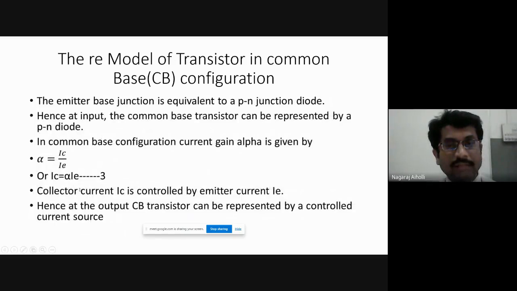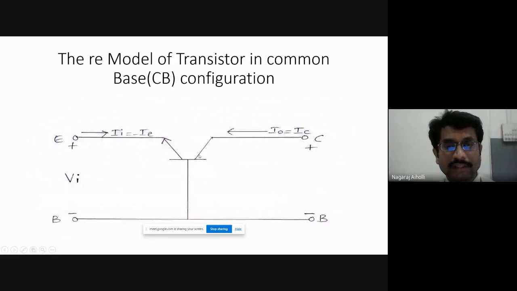Here, the emitter base junction is similar to the PN junction diode. Is it not? We have studied this when we were studying the transistor circuits, right after the explanation of the diode. At that time we discussed that the emitter base junction is similar to the